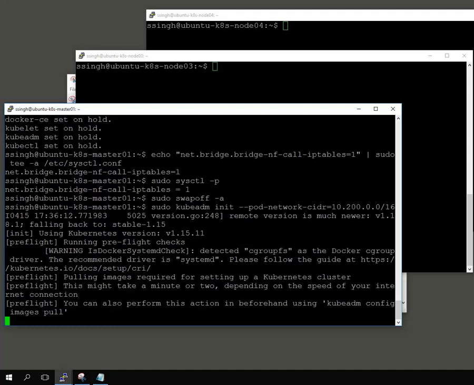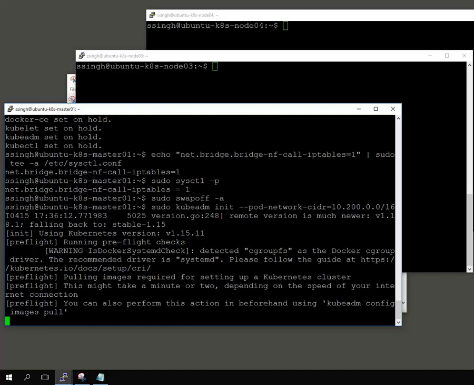Here you can see the pre-flight checks have one warning detected: Docker's cgroup driver is cgroupfs and the recommended driver is systemd. But if it is a warning, then no issue, it should not be an error. If it is an error, then you have to troubleshoot that error, and only then can you initialize your cluster.